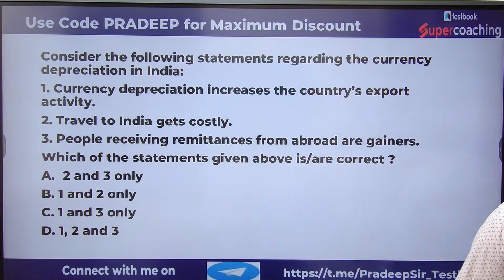Just go through the question and let me know the answer. Let me read it for you. Consider the following statements regarding currency depreciation in India. First, currency depreciation increases the country's export activities. Second, travel to India gets costly. Third, people receiving remittances from abroad are gainers. Which of the statements given above is or are correct? Your answer should be A if 2 and 3 are only correct. B if 1 and 2 are correct. C if